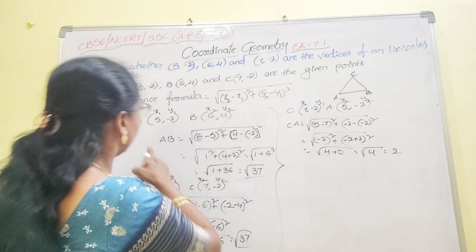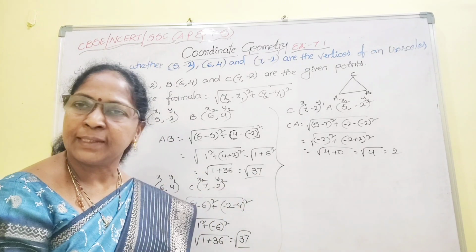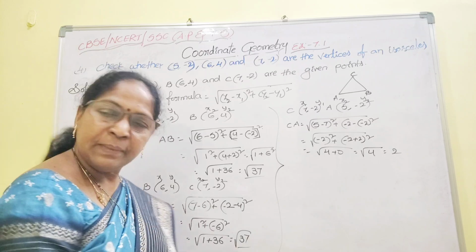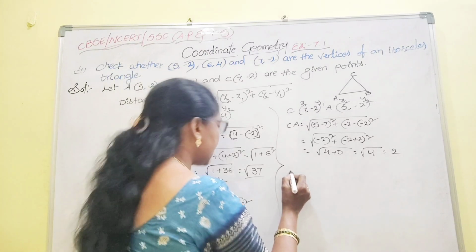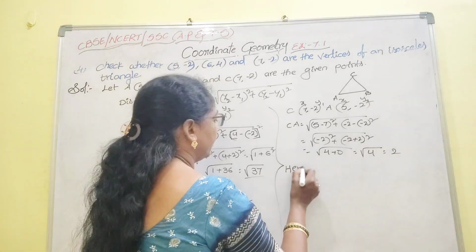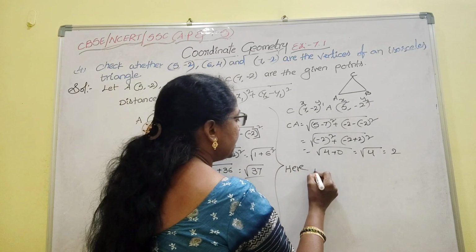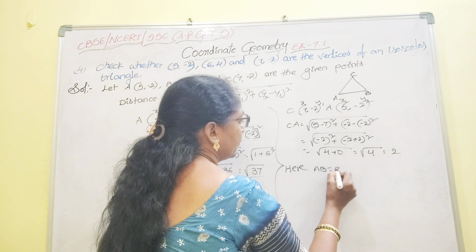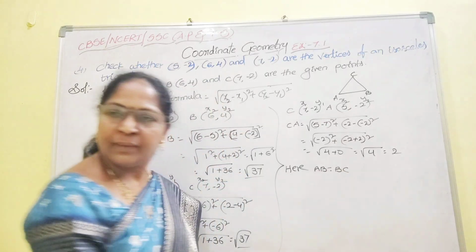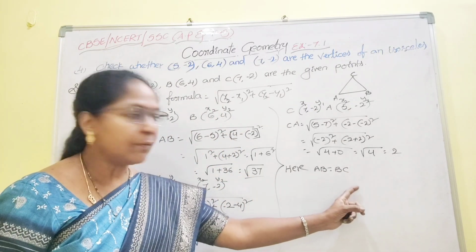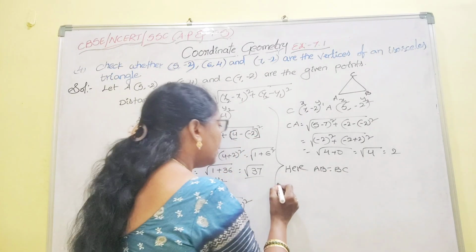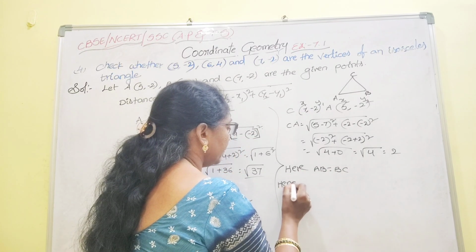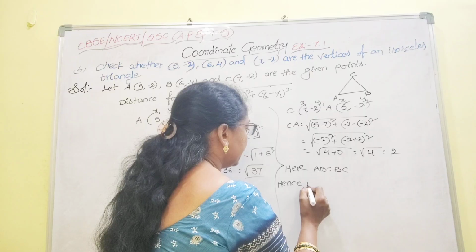Just observe here: the distance AB equals square root of 37, as well as the distance BC is also square root of 37. Here two sides, AB equal to BC. That means the distance of AB equals the distance of BC. Here AB equals BC. Hence we can say that